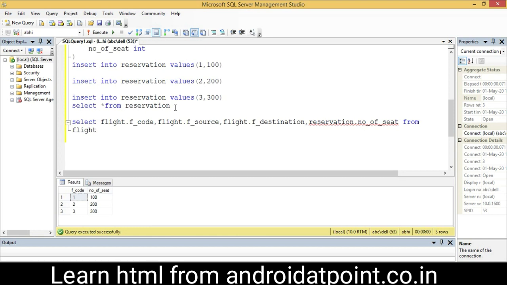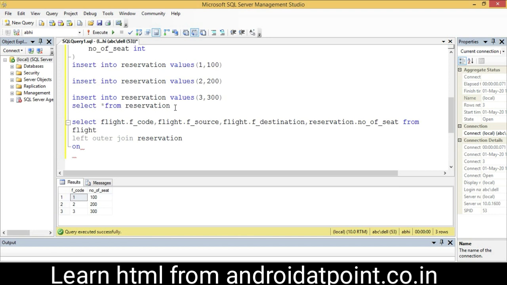Next, flight left outer join reservation. Then on which column?